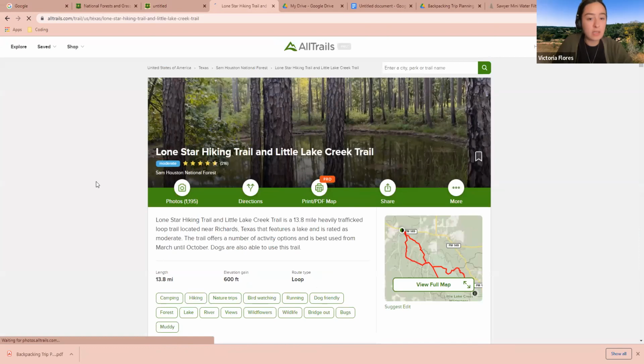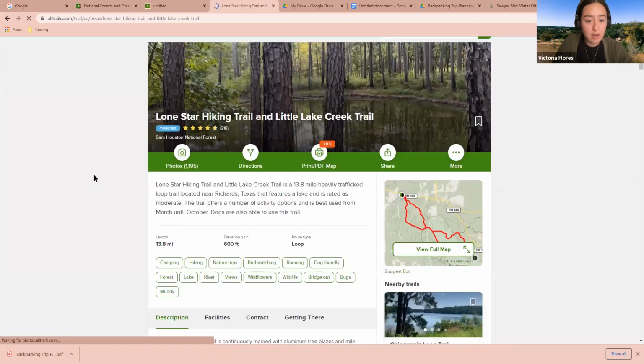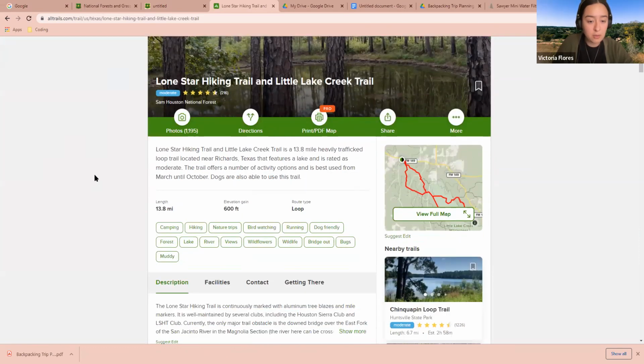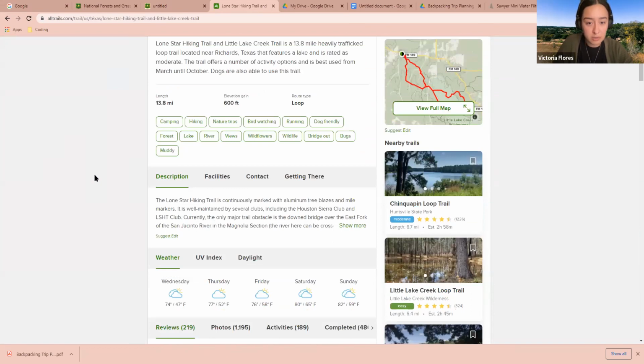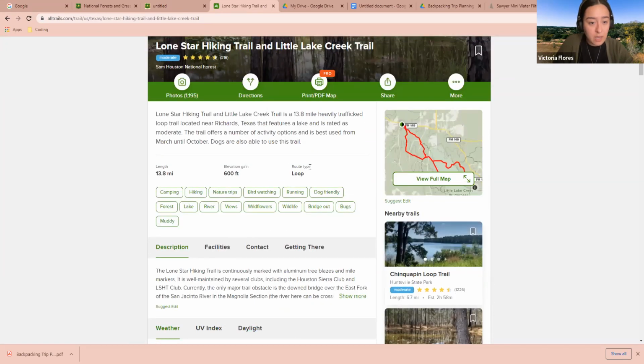Okay, so in here we can see a few of the reviews that people have left on the trail, the length, the elevation gain, and the route type, which is a loop. And then we have a description of what is on the trail.